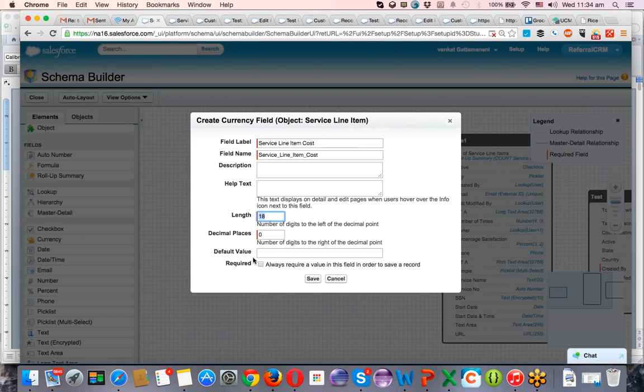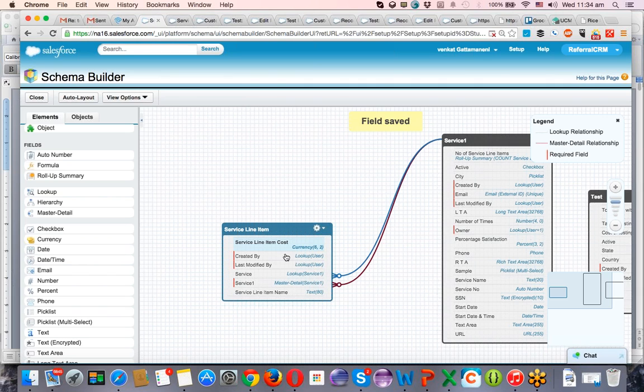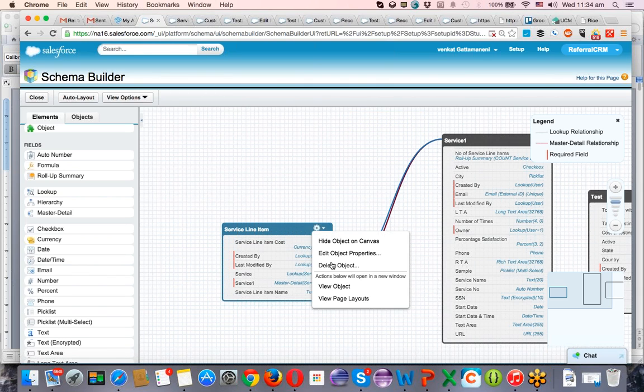Item cost. So I can show you a 6-digit length, and decimal places is 2, and I'm clicking on save. Now the field is added. Now I have to go to the layout. There is only one layout. Click on view layout,